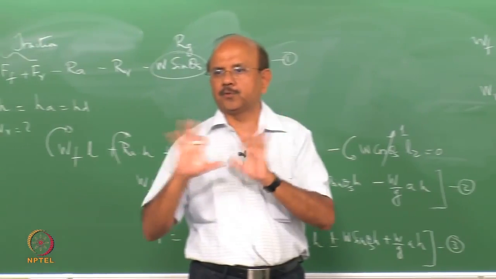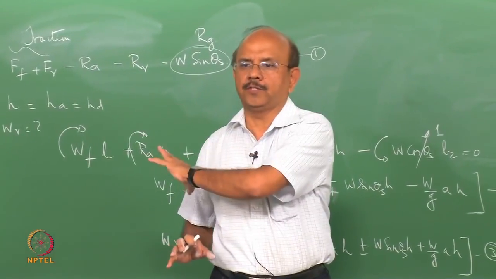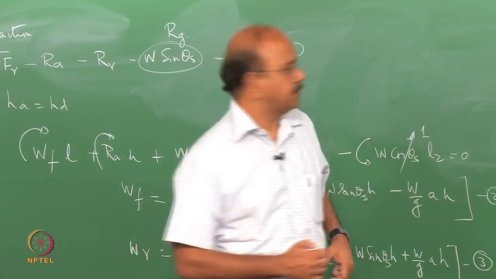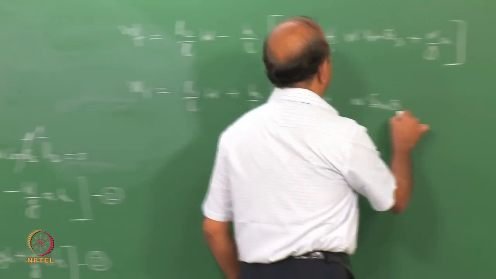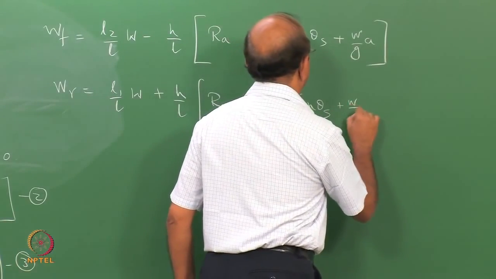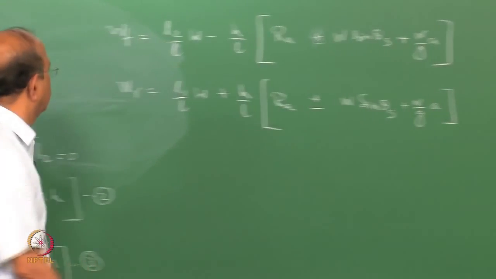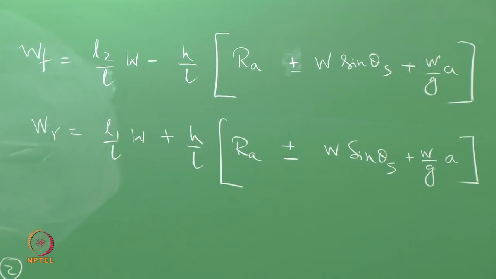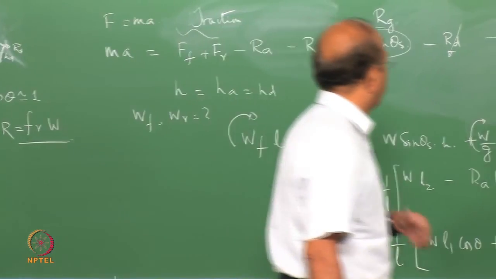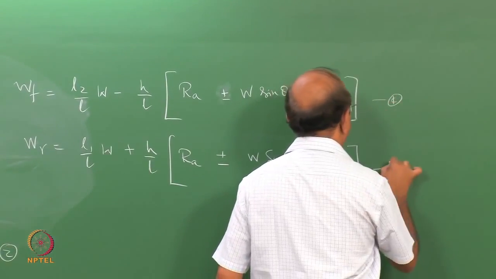So, I will consistently use plus, minus. According to the situation, you will put plus or minus, okay. Sin theta (s plus w by g) into a, right? Okay. Now, let me call these 4 and 5. I will simplify the 4 and 5 equations